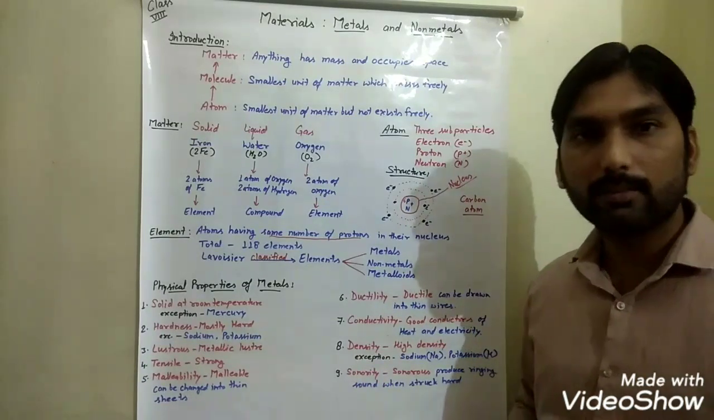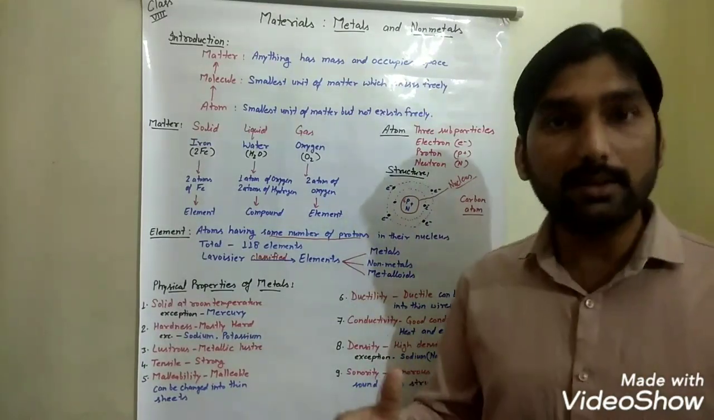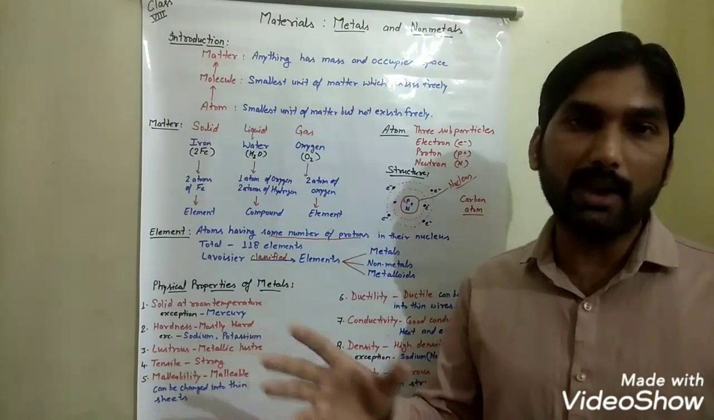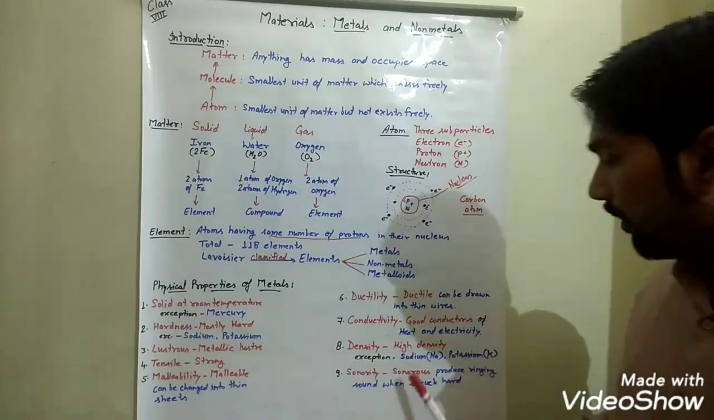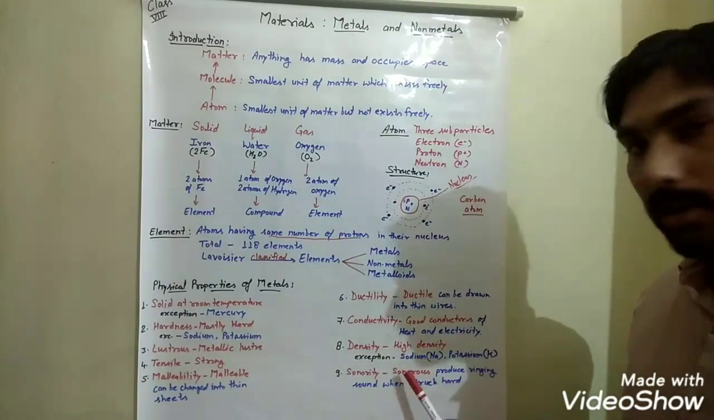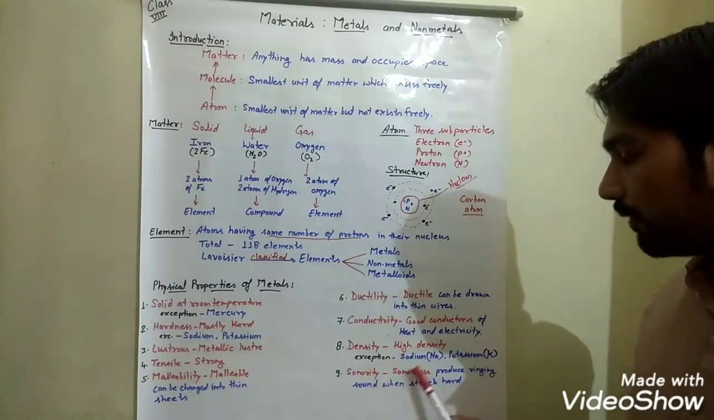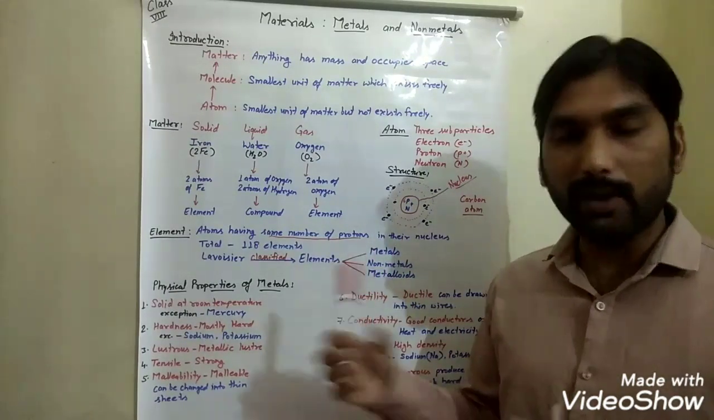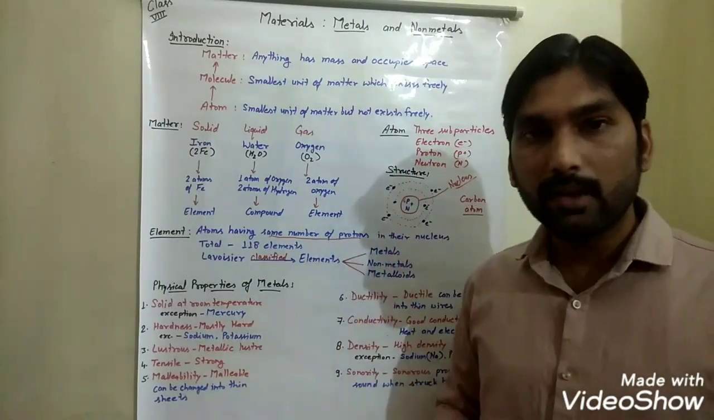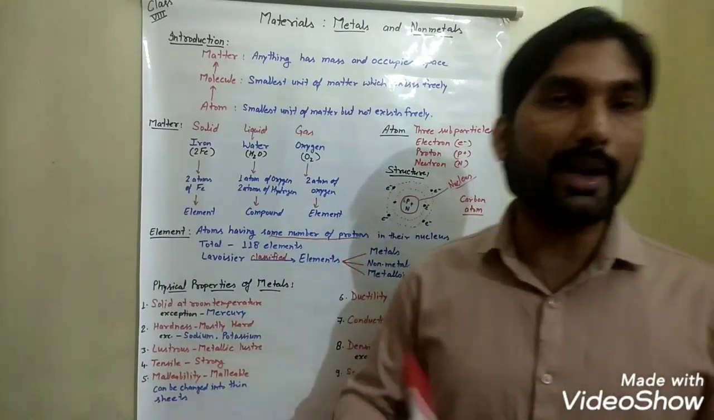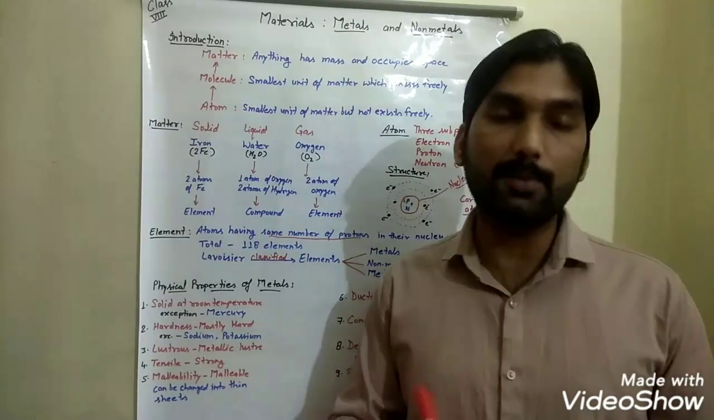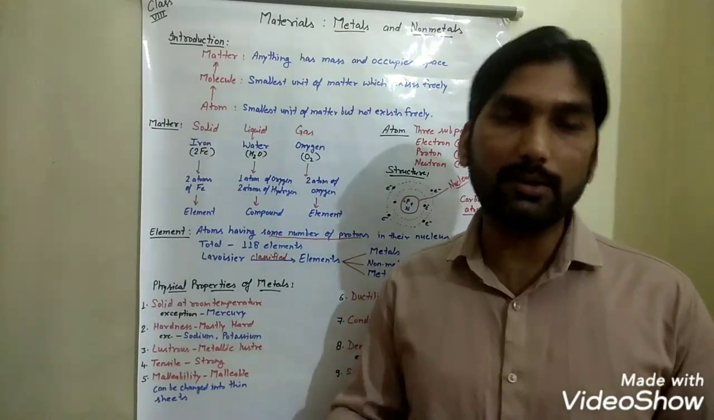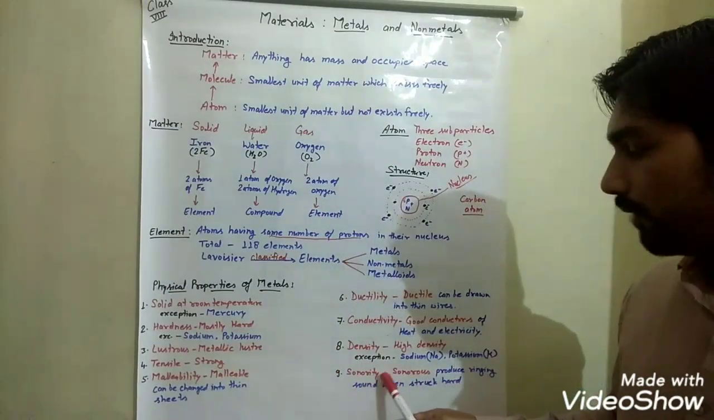And the last physical property of metal is what? Sonority. You have seen the bells on your cycle or bells in offices, they are all made up of metals. Why? Because they are all sonorous. What do we mean by sonority or sonorous? These substances produce a ringing sound whenever they are struck hard. Whenever we strike any metal piece or metallic substance, they produce a ringing sound, and this property of metals is known as